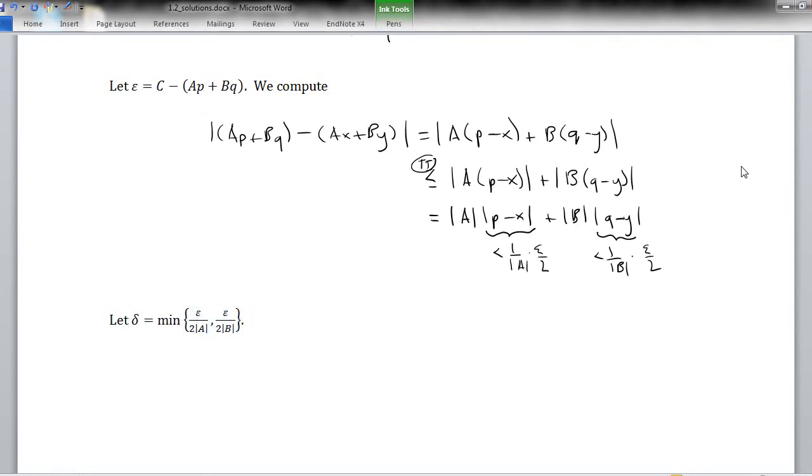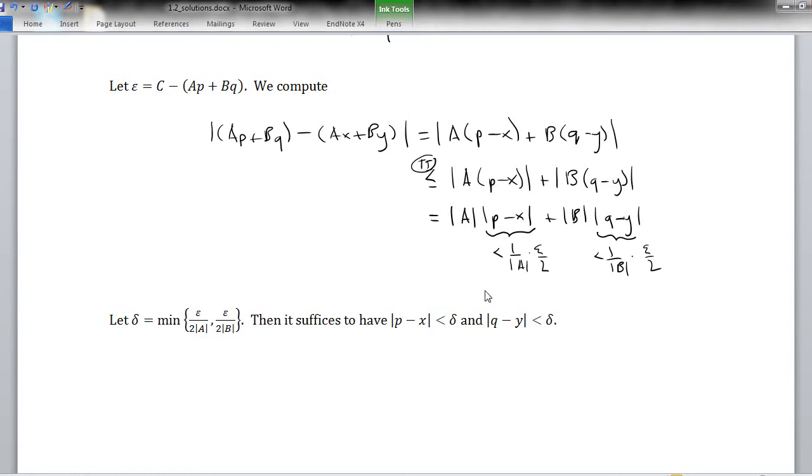Okay. So that's our delta. And then I claim that it suffices to have absolute value p minus x less than this delta, and absolute value q minus y less than this delta as well,